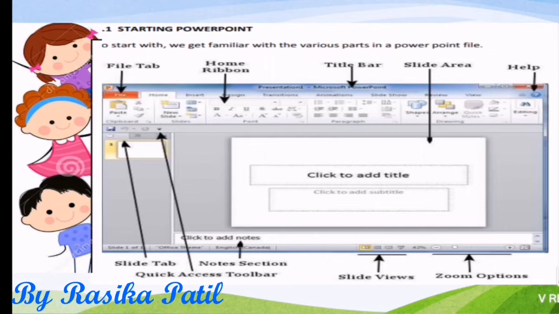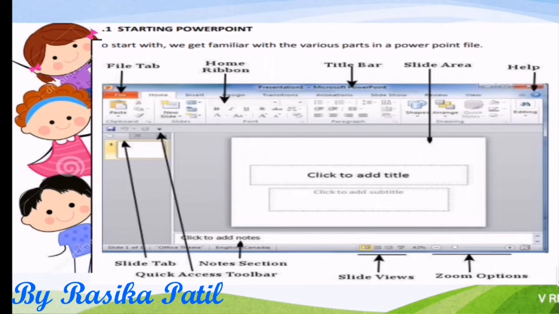Undo means go to the previous step. Now after clicking on undo, then only we can click on redo, because we are going to the previous step, and after going to the previous step we want to go to the next step which we did. So for that we press redo.